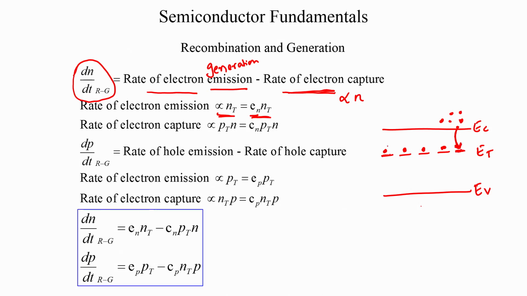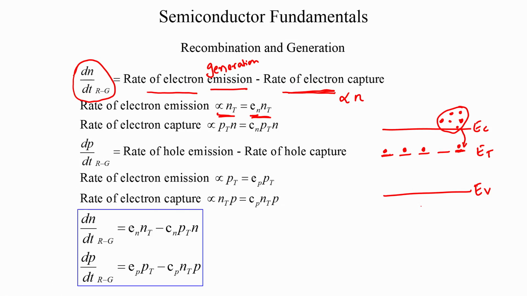If there are no empty states at ET, the electron cannot be captured because there is no state for the electron to occupy. Remember, the states are nothing but solutions to Schrodinger's equation. So you need to have two conditions. You need to have electrons that are there to be captured, and you need to have empty states for these captured electrons to occupy. It is only when you have these two together that you can have a rate